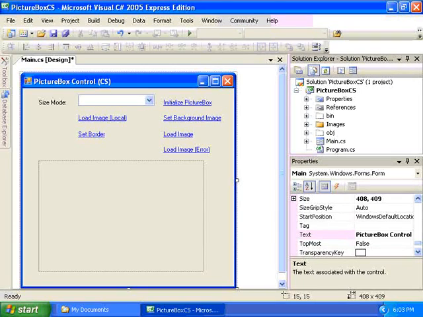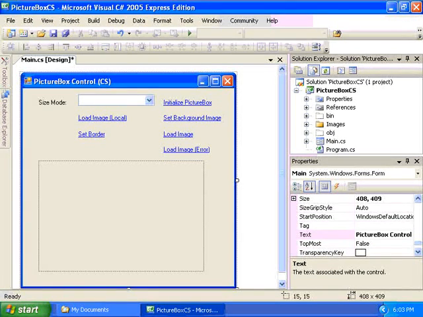In this video, we'll look at the picture box control, which allows you to display image files from your local machine or from the network. Using properties of the control, you can adjust how the image is displayed within the picture box. You can reset the boundaries of the control to wrap around the image. You can zoom into the image, you can resize the image, you can create margins around the picture box, and